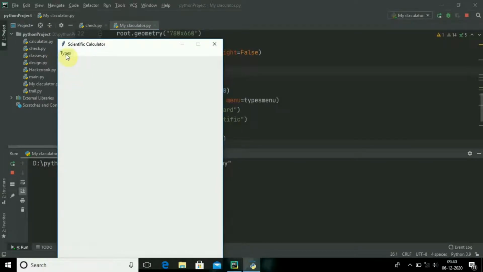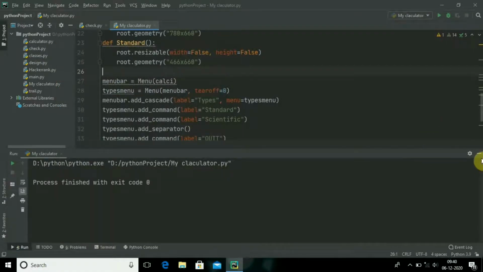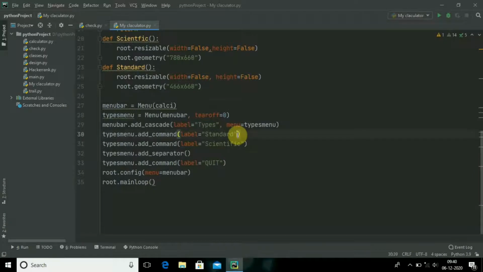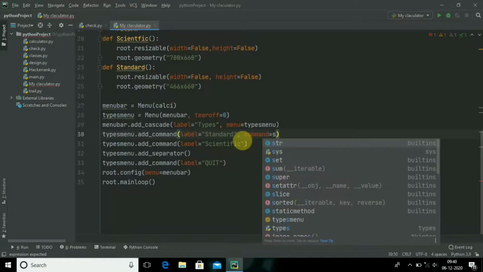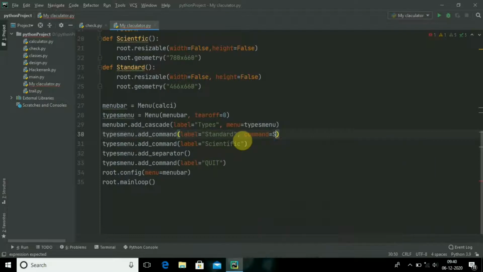Types, standard, no operation is coming, so this is false. We just need to write a command over here. Command equal to standard, and the next one is command equal to scientific, and for the quit button, here I have to give the command equal to quit.